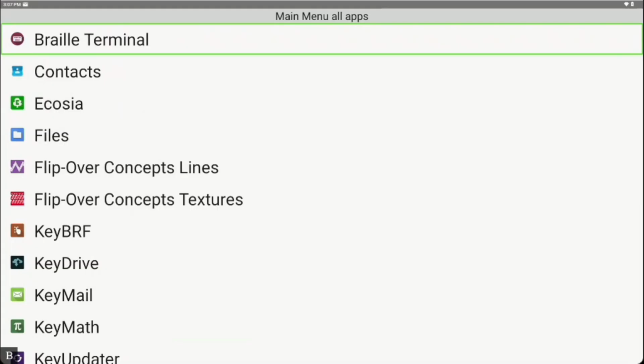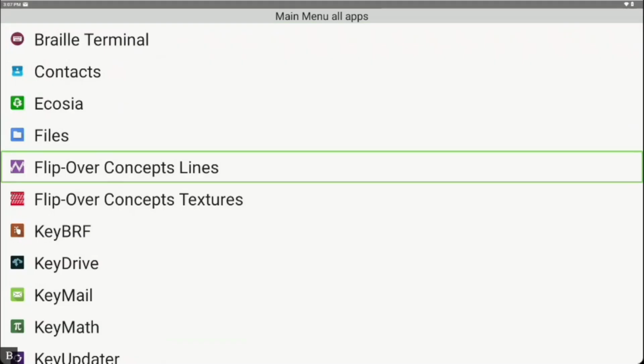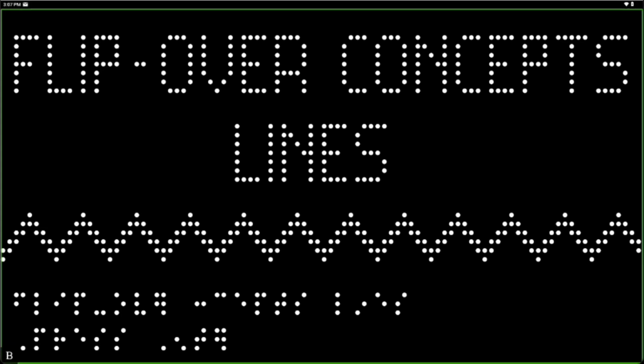And now I'm going to use F as in flip over. Files, which will first go to Files. Flip over Concepts Lines. And the next one will be Flip over Concepts Lines. So I'm going to use Enter to select it. Flip over Concepts Lines. And when this first comes up, you get this really neat screen that has the raised